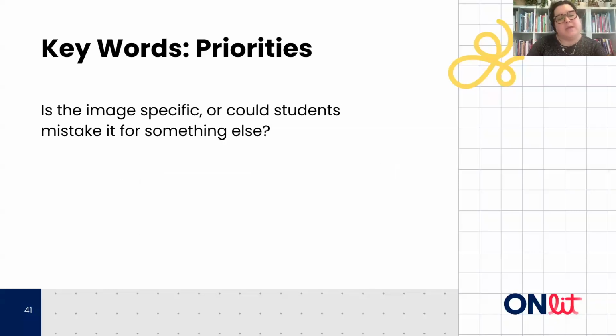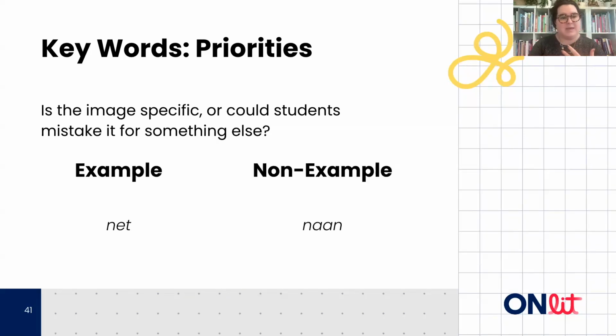And then we also wanted to make sure that the images were specific. We wanted to make sure that when students see a picture, it was as close to a one-to-one relationship between the picture and the word as possible. So for N, we chose net. Something like naan would certainly have met other criteria, right? It's the initial position, there's no blend, but we thought that students might have looked at it and said, oh, that's a pita, or that's a roti, or that's matzah, or a lafa, right? Making sure that wherever possible, students could identify that picture correctly and isolate that keyword.